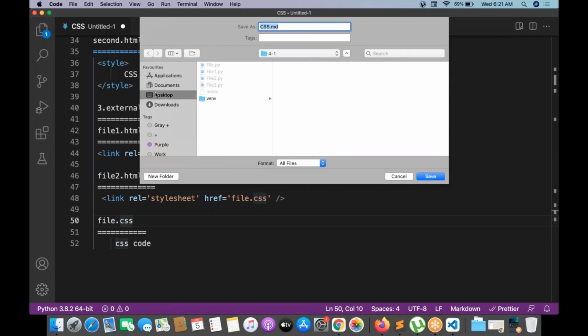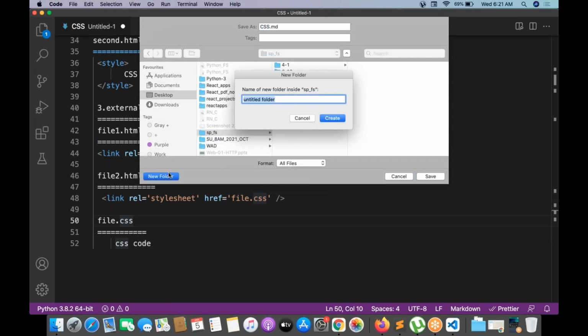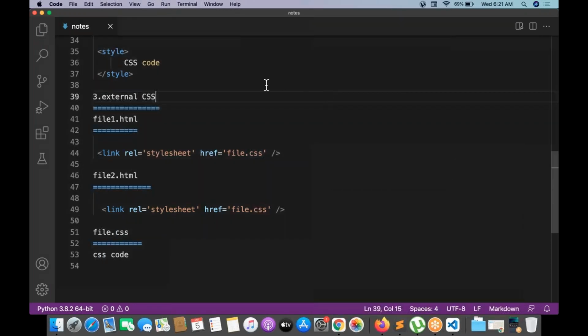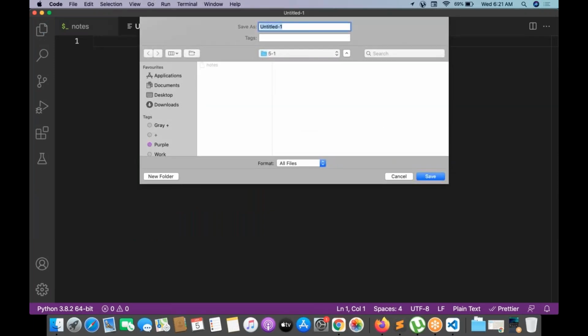Okay, so let me save the notes on this. So let me take a new program, and this will be the inline CSS.